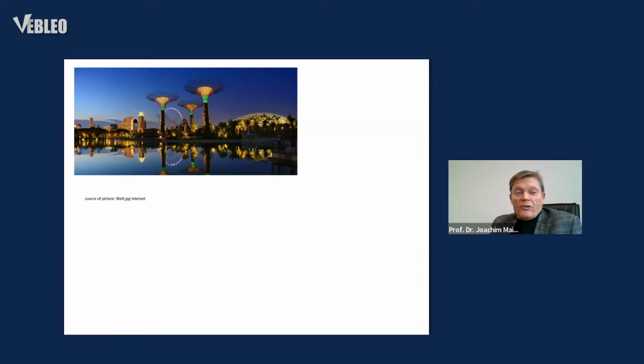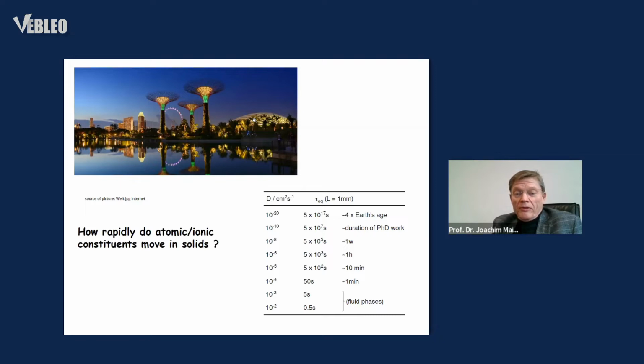And the reason is that the solid state provides rigid bonds between the atoms, at least at room temperature. And these are reflected by the diffusion coefficients that are pretty low in the solid state. So this is a list of diffusion coefficients. The second column here gives the time that a signal needs to be diffused out over a distance of 1 millimeter. So when you have 10 to the minus 2 or 3 centimeters squared per second, these are rather